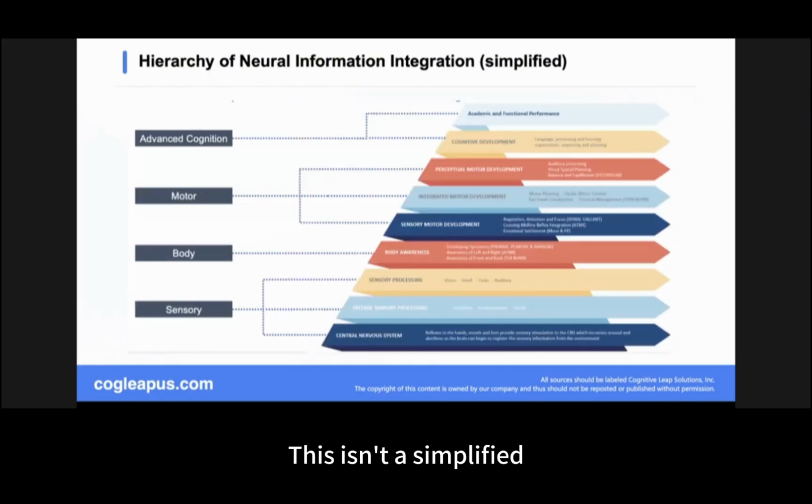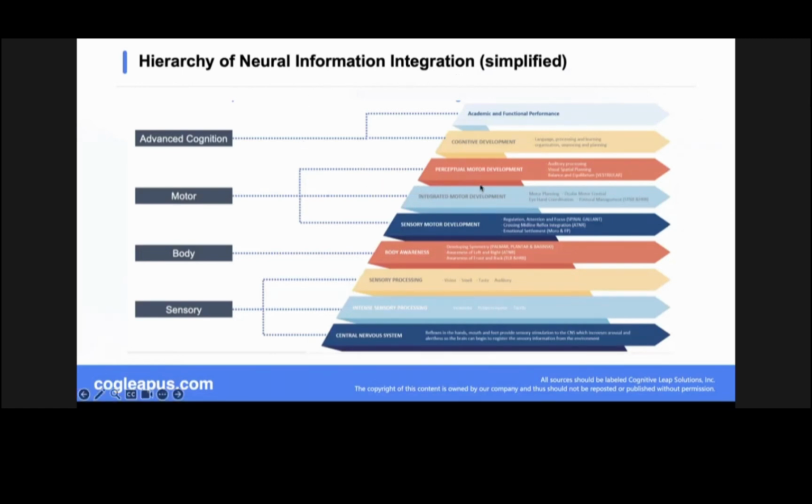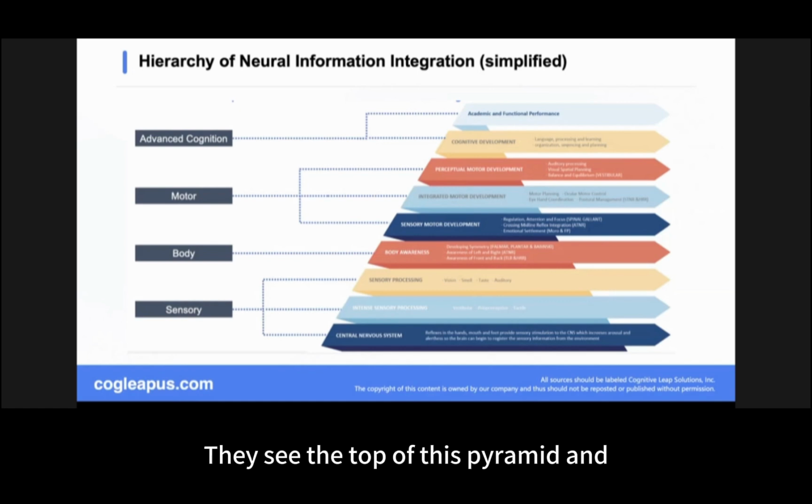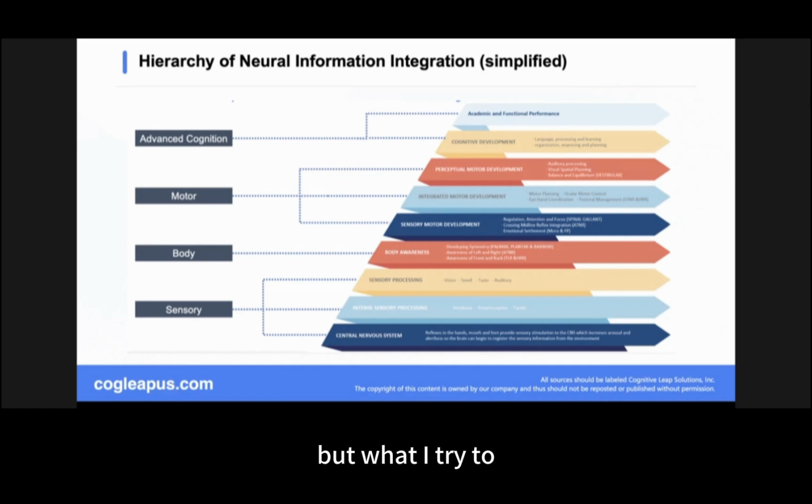This is a simplified schema I like to use to present to parents of neurodivergent children, because a lot of the time, they are really focused on the top of this pyramid, especially the Chinese diaspora that we serve. They see the top of this pyramid, and their understanding is that we really need to focus on that. But what I try to